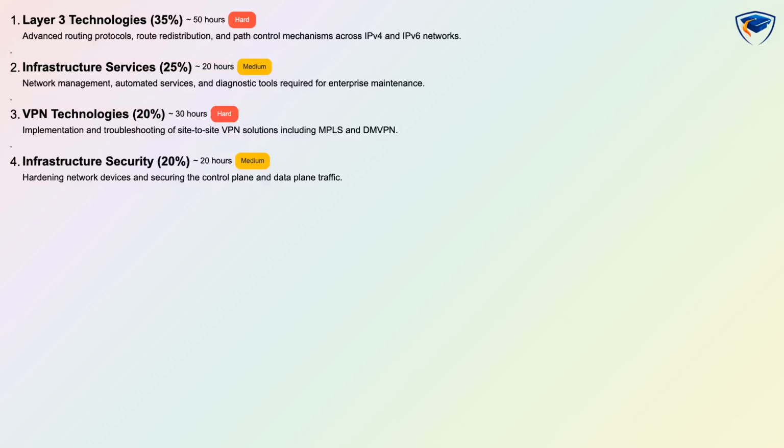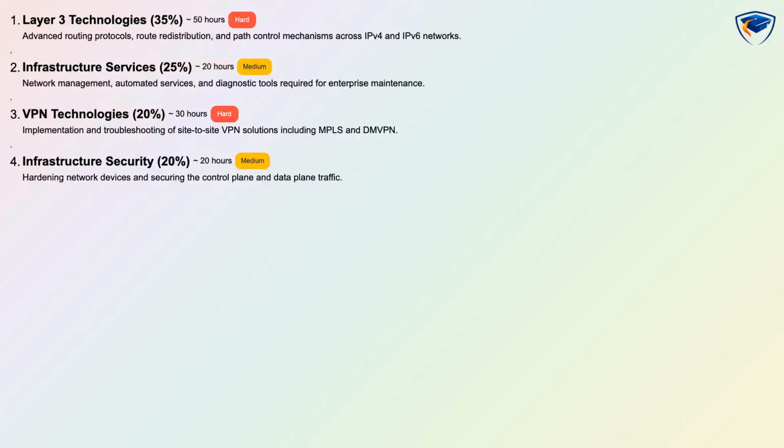The ENARSI exam is organized into 4 domains with exact weights you must note. Layer 3 Technologies is 35%, Infrastructure Services is 25%, VPN Technologies is 20%, and Infrastructure Security is 20%. The exam mixes hands-on lab work with scenario-based and conceptual questions, so expect both configuration tasks and troubleshooting scenarios. Total estimated learning time across all domains is about 120 hours, and the difficulty ranges from medium to hard depending